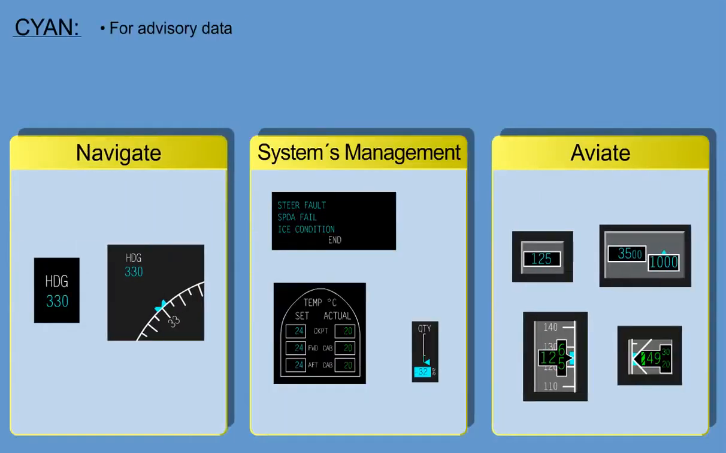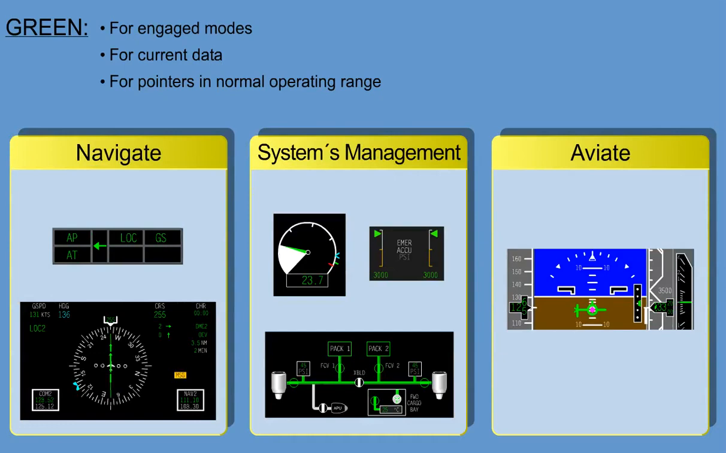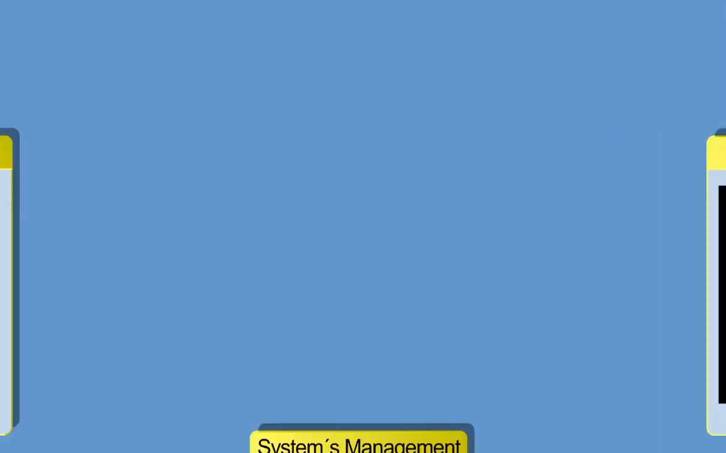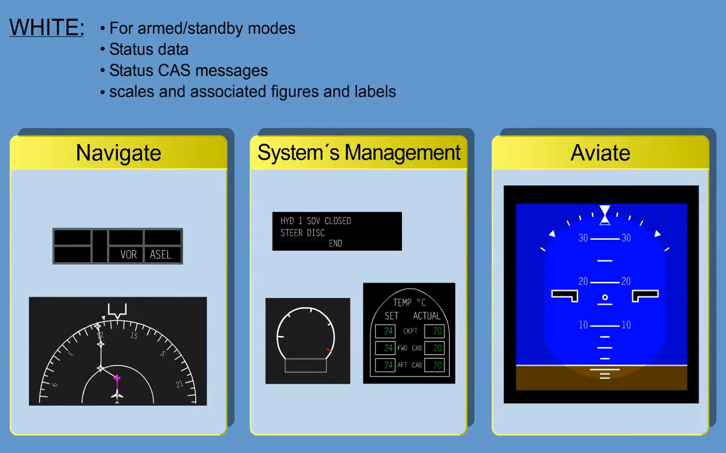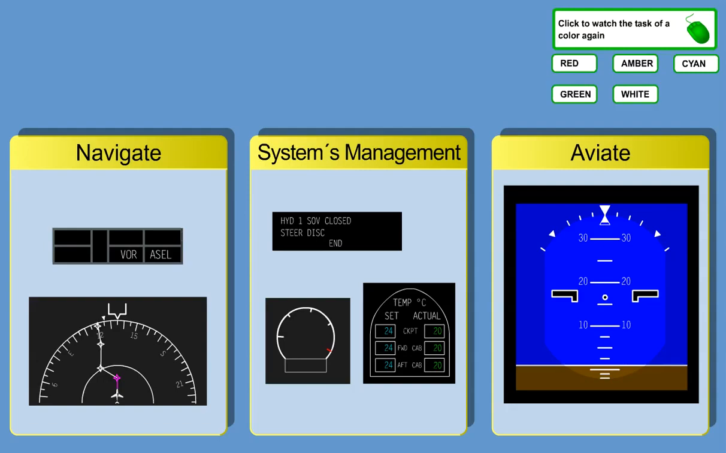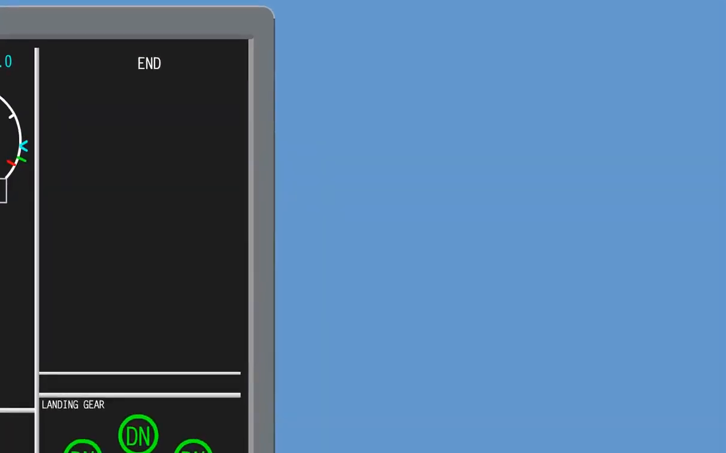Cyan for advisory data, advisory ICAS messages, and pilot-selected data. Green for engaged modes, current data, and pointers in normal operating range. White for armed standby modes, status data, status CAS messages, scales, and associated figures and labels. To inform the flight crew regarding aircraft system status, ICAS messages are presented in the upper right corner of the